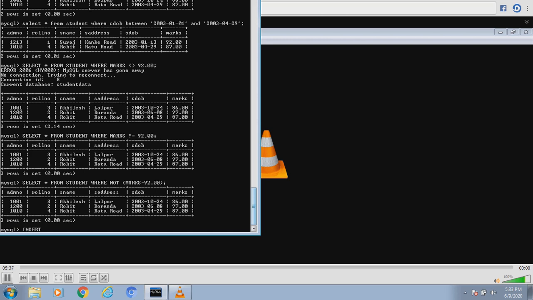So I am writing insert into student table values. And what values do I insert in the student table? Say I insert the admission number, then I insert say roll number, then I insert a name, say I give the name Ajay.